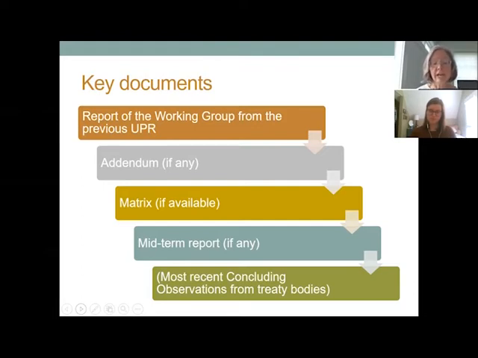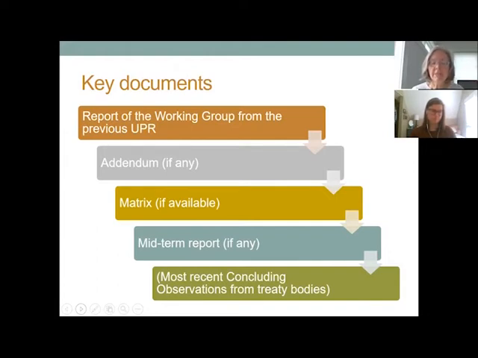The UN Office of the High Commissioner for Human Rights, pretty close to the deadline for UPR stakeholder reports, also publishes a matrix, which can be very helpful because it organizes recommendations thematically from the previous Universal Periodic Review. So that can be a good way to organize your thoughts on particular topics. Some countries have made commitments to submit a midterm report to the Human Rights Council at about the midpoint of the UPR cycle. So if there is such a report, you'll want to look at that.